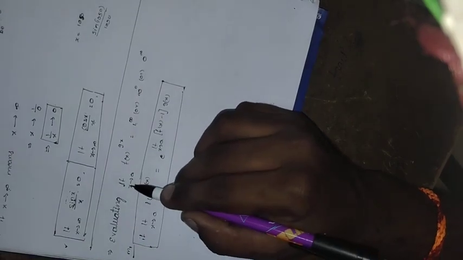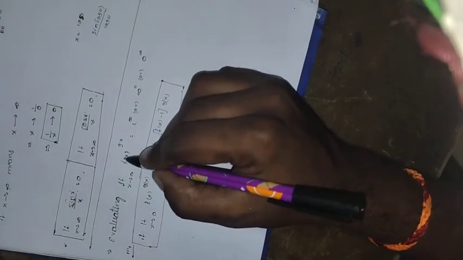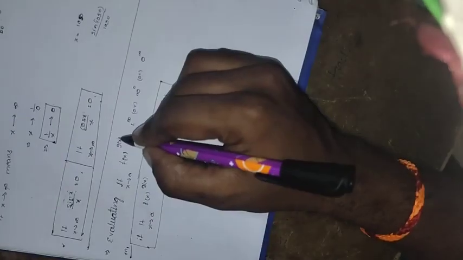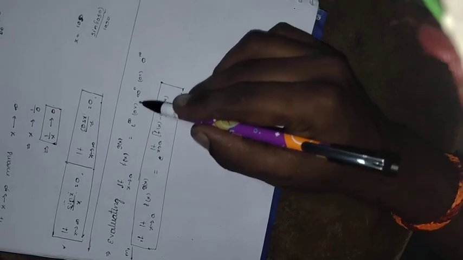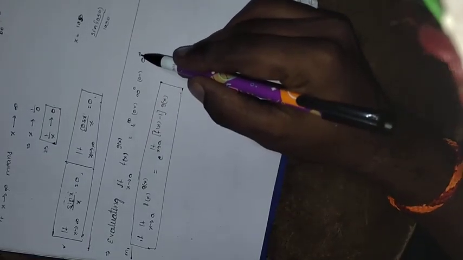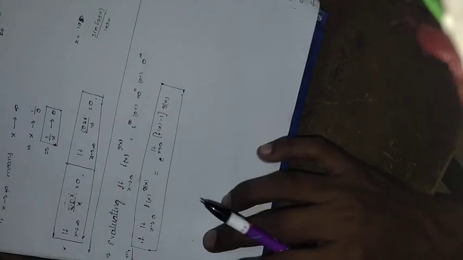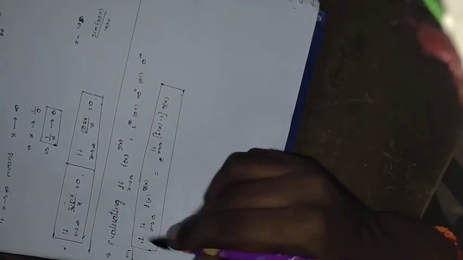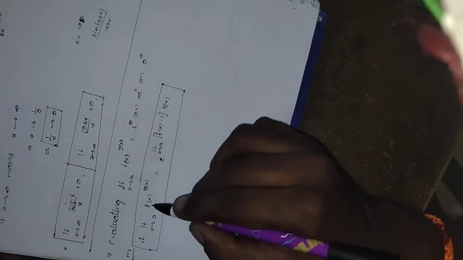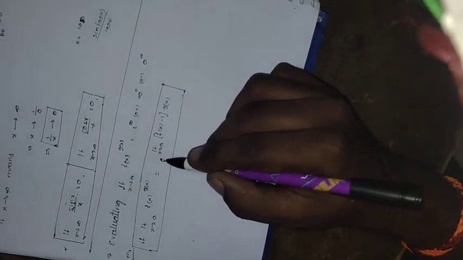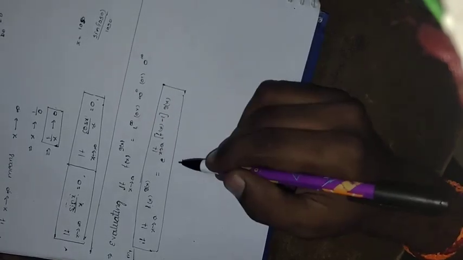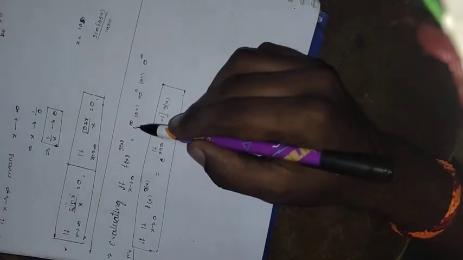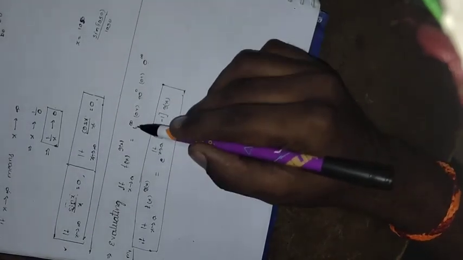The model for limit x tends to a, f of x power g of x, where the result becomes 1 power infinity or infinity power 0 or 0 power infinity. Then you can use the formula: if limit x tends to a, f of x power g of x, then we can replace it with e power limit x tends to a, f of x minus 1 into g of x. If the direct application of the limit gives any one of these three values,